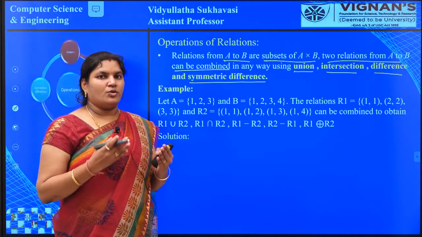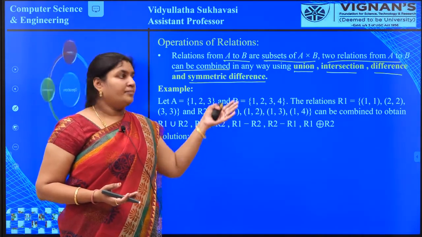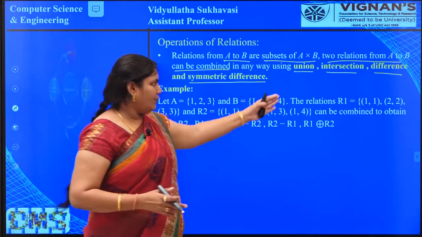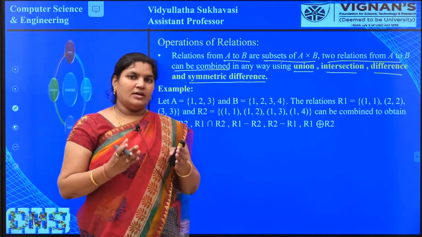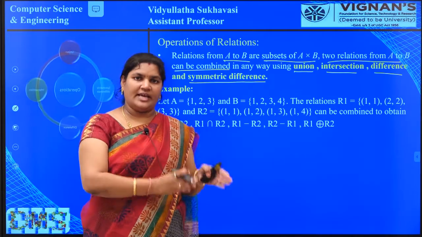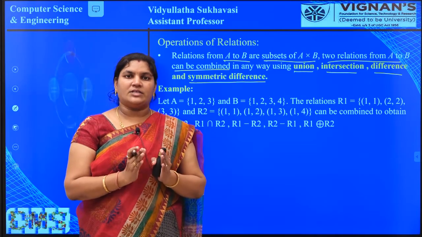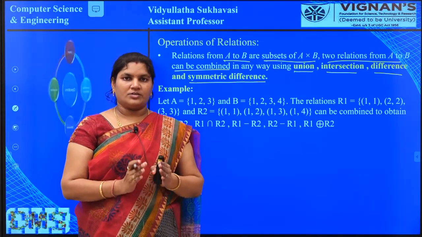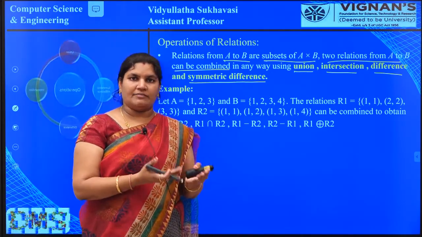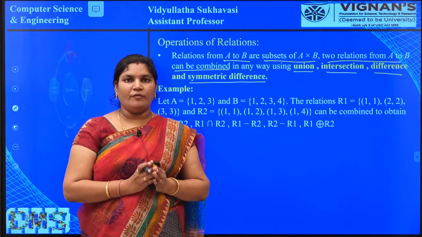Union operation. You have undergone all these operations in the case of sets. In the case of sets, union means we are combining two sets. So in union we are combining the relations with the help of all the ordered pairs. Whatever ordered pairs we have in relation A and relation B, all those ordered pairs are combined together and placed in one relation, that is R. That is called the union operation. That means the ordered pairs which are in both the relations R1 and R2 are combined and placed in one relation with the help of union.